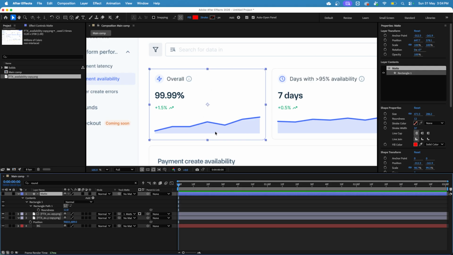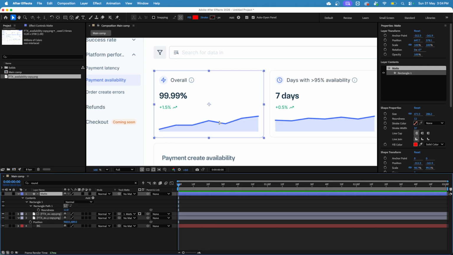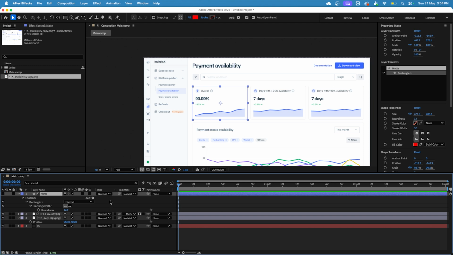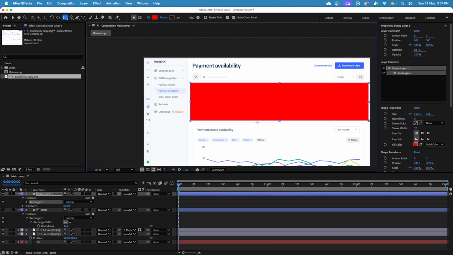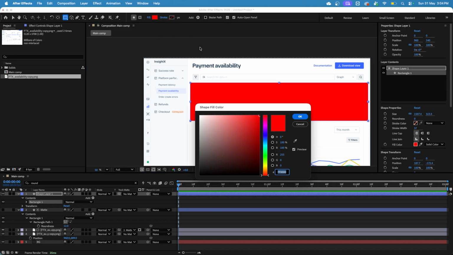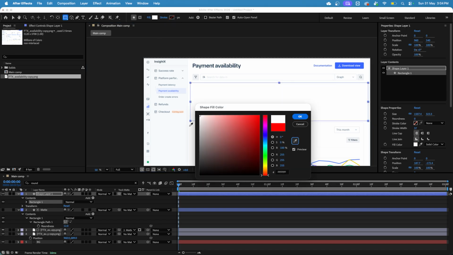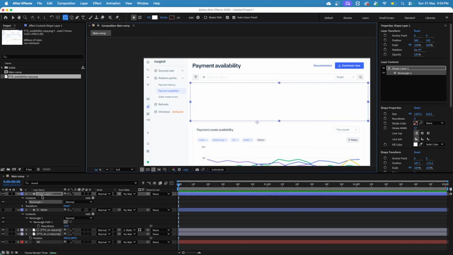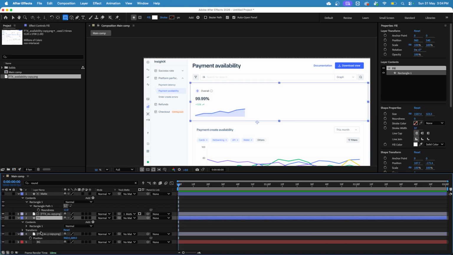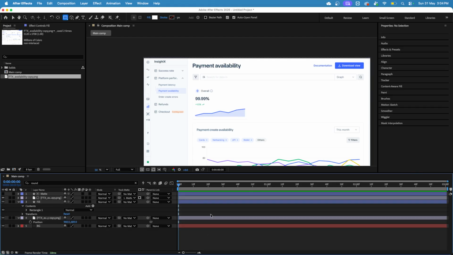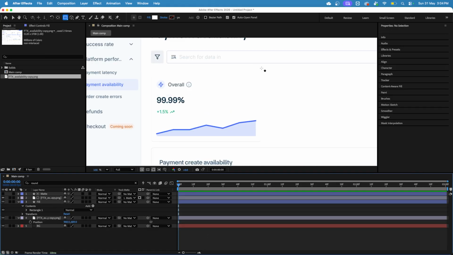So just to make it visible, what we are going to do is we are going to again grab our rectangle tool and create a rectangle like this and make sure it matches the background color. So this, let's rename it as fill and place it under that. Now you can see that we can only see our current